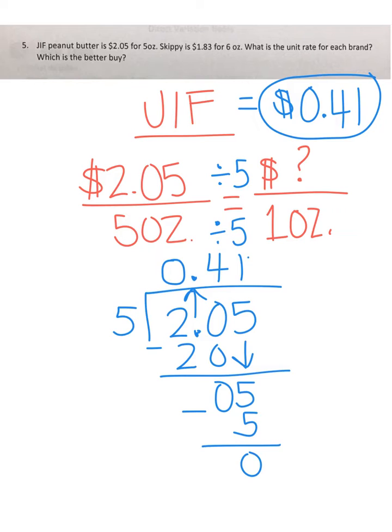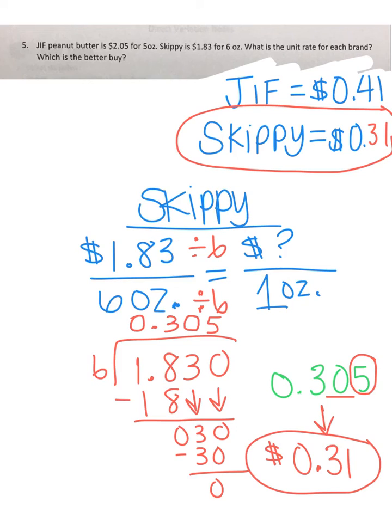Go ahead and do the same thing we just did, but do it for Skippy peanut butter, and then find which one would be your better buy. For Skippy peanut butter, you should have gotten a unit rate of 31 cents. Go ahead and check your work. So if Skippy peanut butter was 31 cents and Jif peanut butter was 41 cents, Skippy is going to be